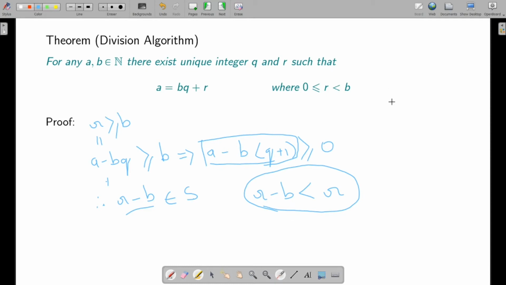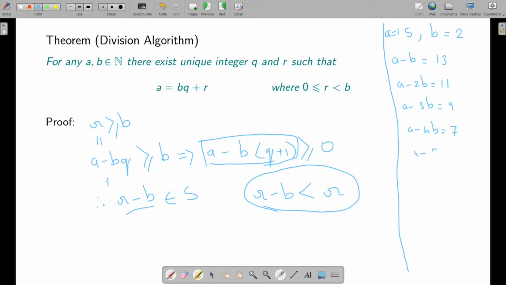So example, let me just give you an idea here. This is not very difficult. Say we take some two small numbers. Say we take a as 15 and b as 2. You keep subtracting. What is a minus b? It is 13. What is a minus 2b? We will get 11. a minus 3b, we get 9. a minus 4b, keep subtracting 2 from it. So what are you going to get? a minus 4b will be 7.